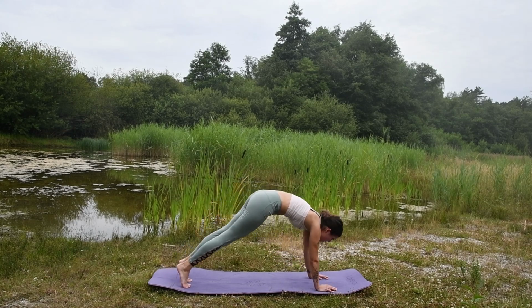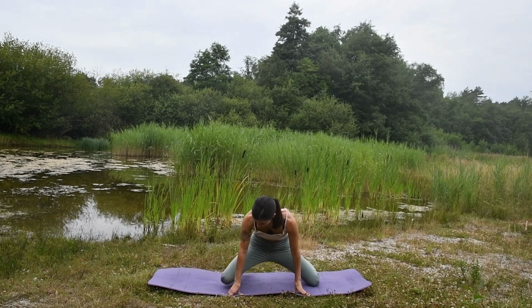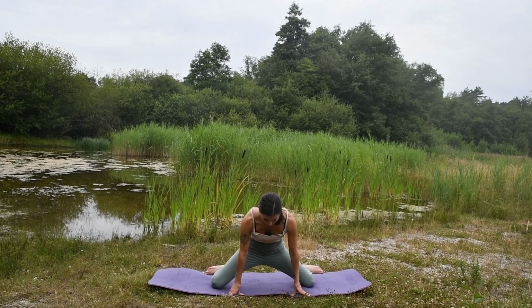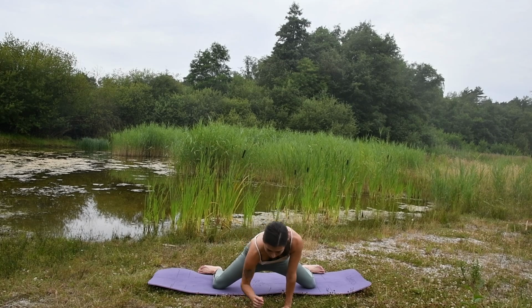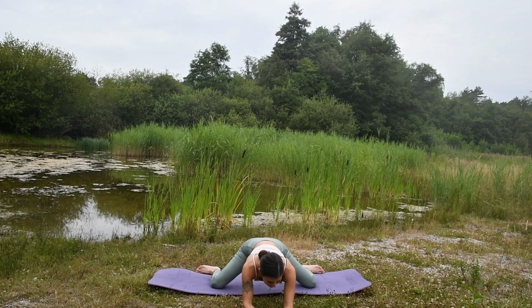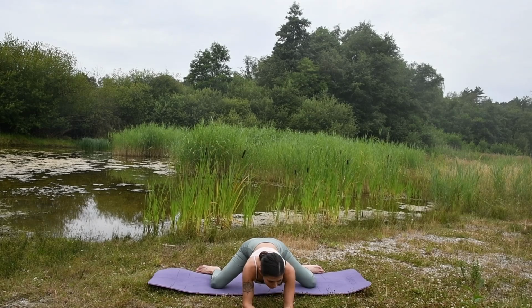Round forward into a plank and lower your knees to the floor. Now find your way to the middle of your mat and sit down on your knees. Open up your legs wide, and if you can, come down on your elbows, otherwise just stay on your hands. We are going to rock our body to the front and to the back here, feeling that opening in your hips,